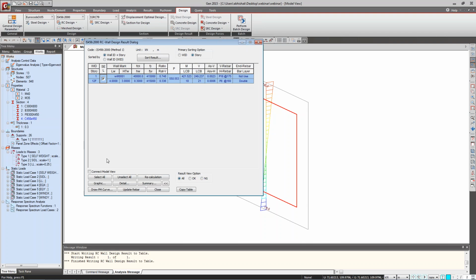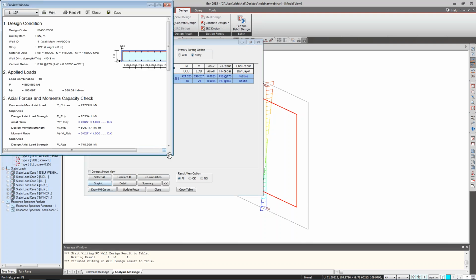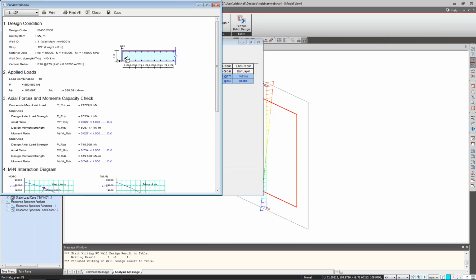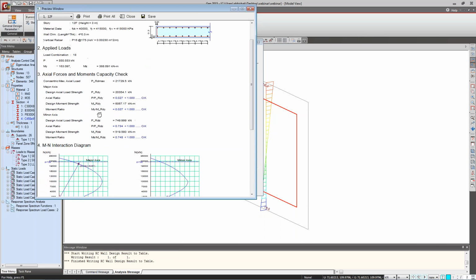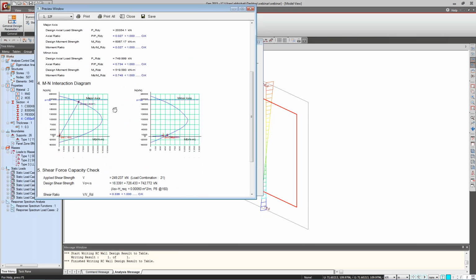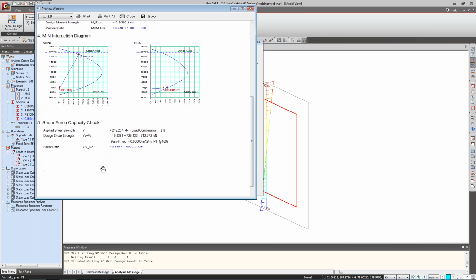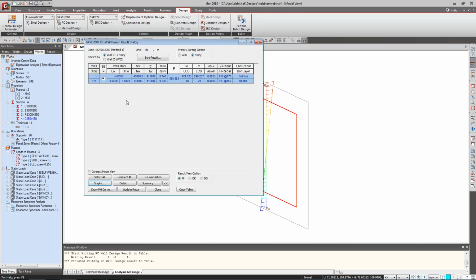If you want, you can go to the graphic and see it graphically also. Okay, is this mentioned over there? Similarly, here also the vertical rebar and the entire thing is mentioned. Even the wall dimension, the length into the thickness, that is 4 meter length and 0.3, that is 300 thickness, is mentioned. Similarly, if you go down, axial force and moment capacity check, MN interaction diagram, shear force capacity check, the entire things are there. Similarly, you can go here, you can see it in